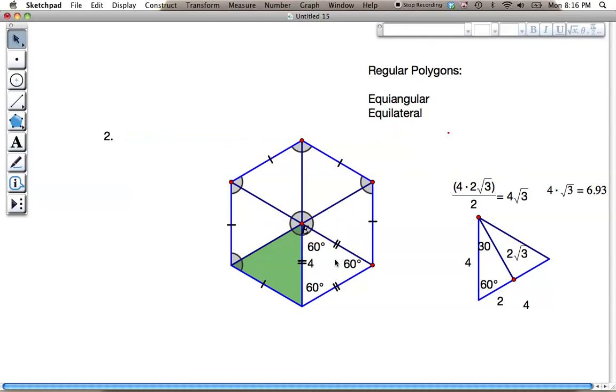then each portion must be 1/6 of 360, meaning this angle is 60. If this angle is 60, and I have an isosceles triangle, then that means these two angles must add up to 120. But because it's isosceles, they must be congruent, so they must each be 60. So I found out that I have an equilateral triangle, meaning you can split any regular hexagon into 6 equilateral triangles. I have the side length of my equilateral triangle to be 4, and that's enough to find the area